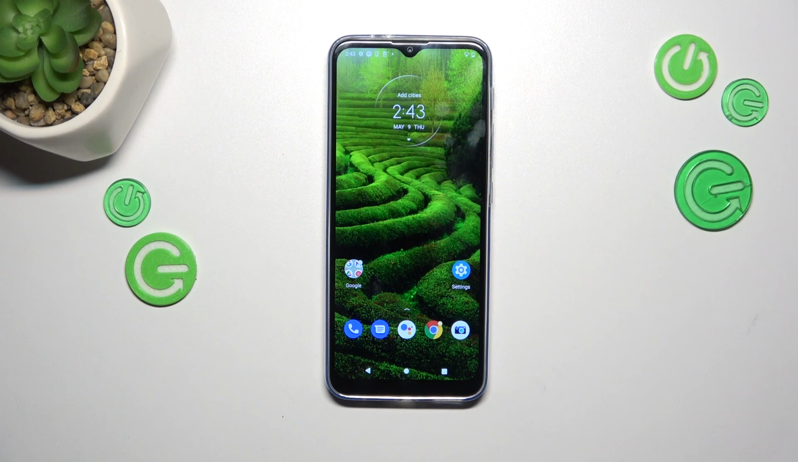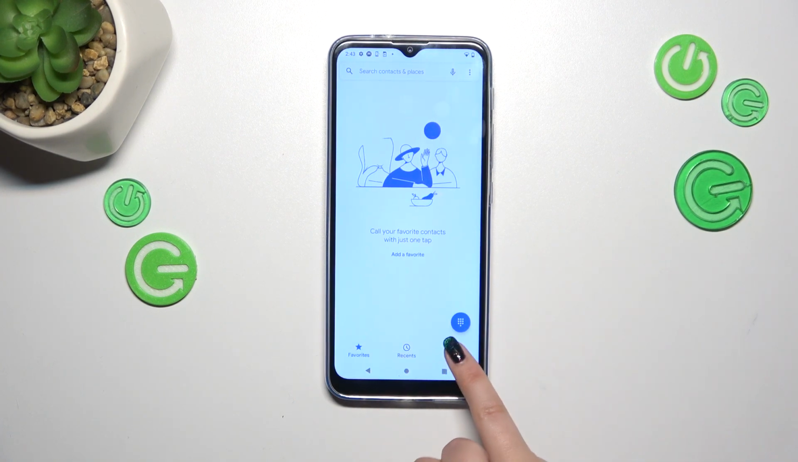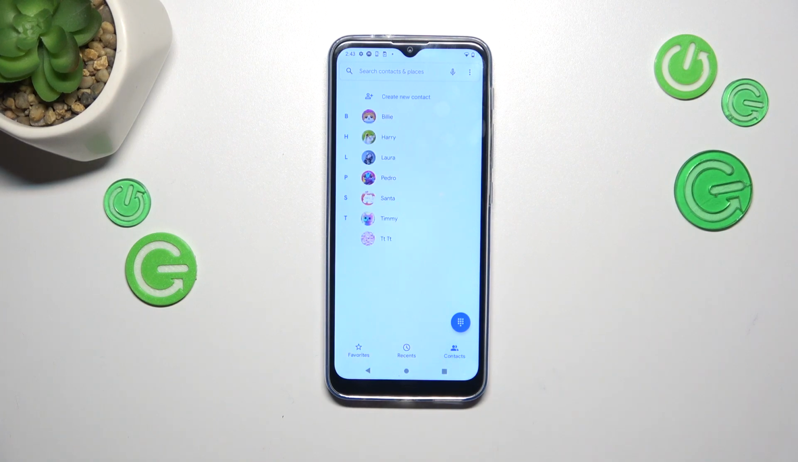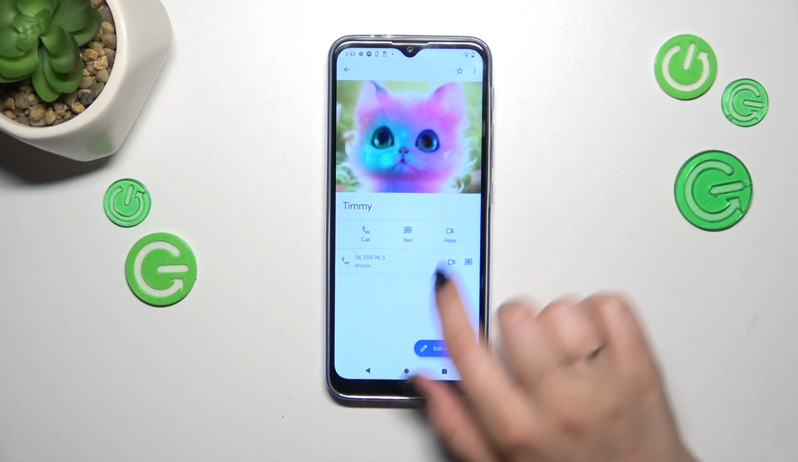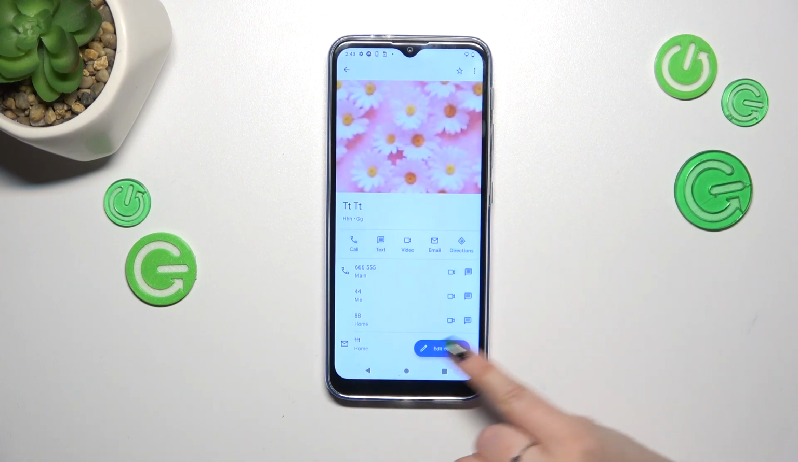So let's begin with opening your contact list. For example, with the usage of the dialer, it does not really matter. Just find your contacts, find the contact you'd like to edit and tap on it. Maybe leave Timmy and choose this one. So now let's tap on edit contact